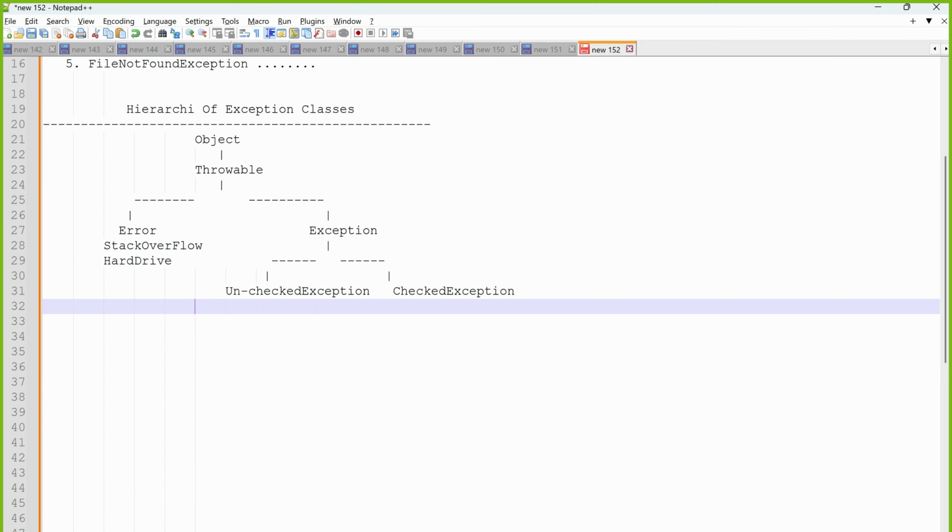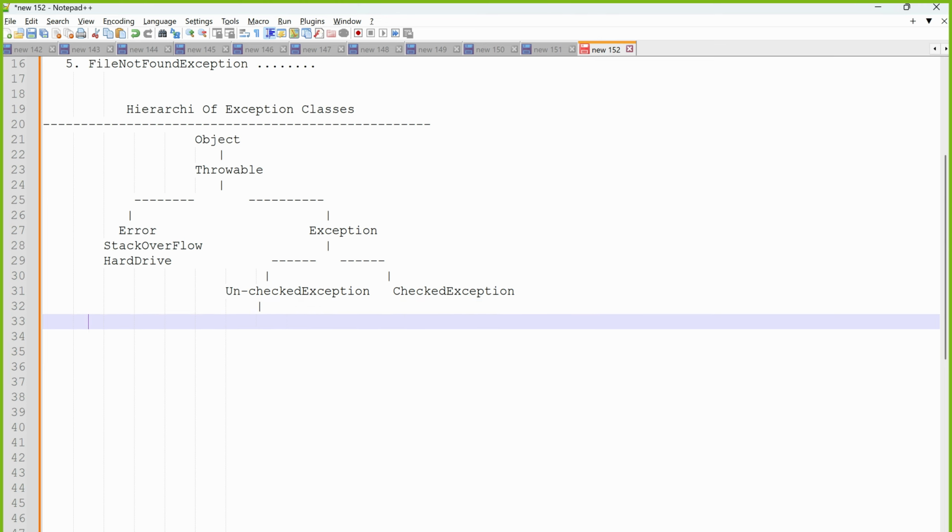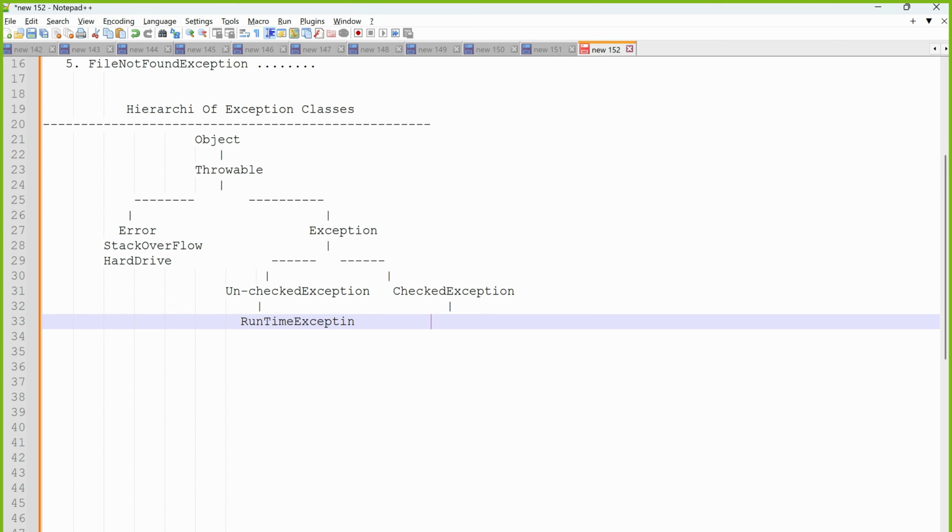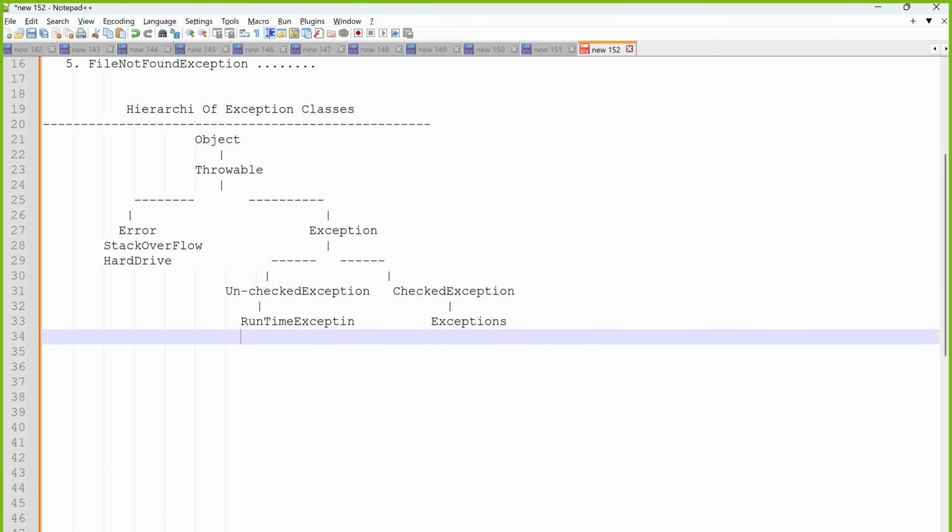So examples of unchecked exceptions are those which come under the runtime exception, which we haven't handled. Unchecked exceptions are runtime exceptions. Just observe what I'm writing. Checked exceptions are normal exceptions, which all come under the file not found exception, class not found exception,